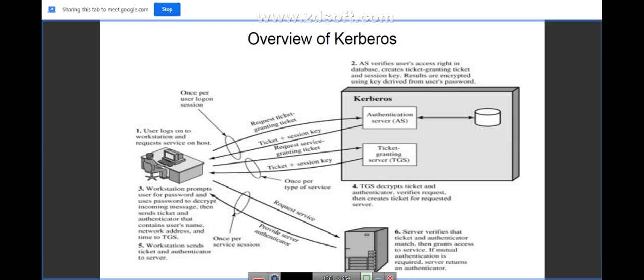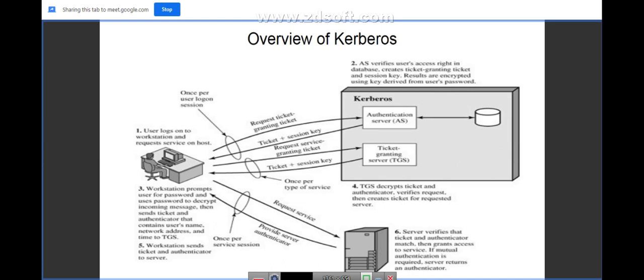If the details match, then the claiming entity is the genuine person, and the server grants access to the service. The server will service whatever request is claimed by the client.